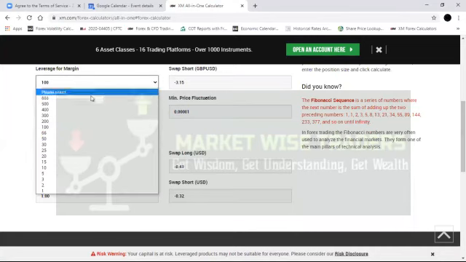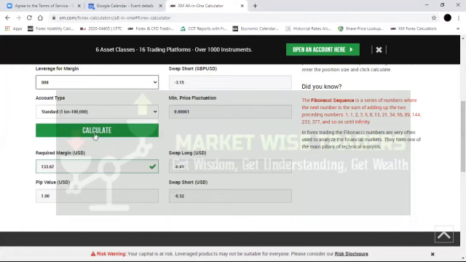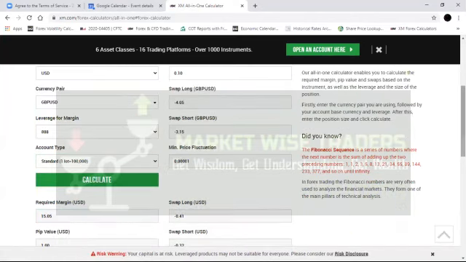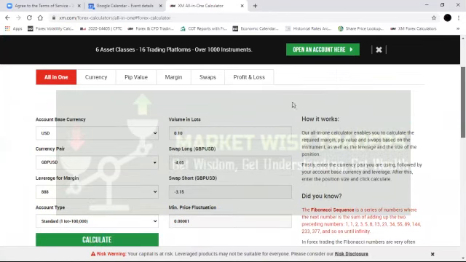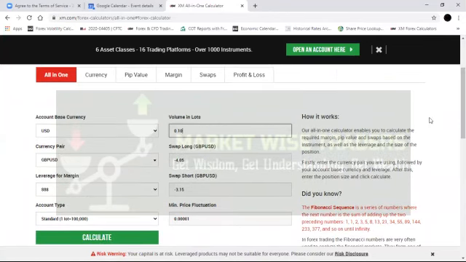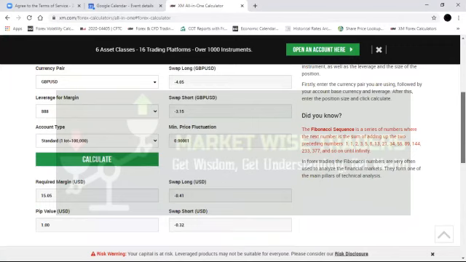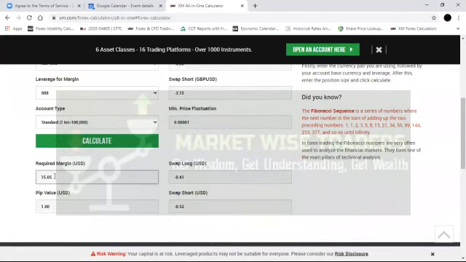But that's leverage at 1 to 100. But what do guys do? They love to use the highest leverage. Let's put in 888. You see how it will change. So that's again using this micro lot 0.10. Now notice, you see how much he wants. How much is that? 15 bucks. But how much is the pip value? $1. You see that?